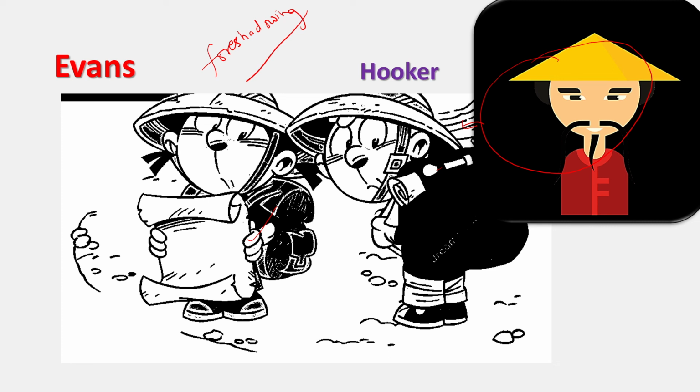So both Evans and Hooker could not carry the gold up to the canoe, and they died there from suffocation and the poison. So the story ends there when both characters, Evans and Hooker, die. The story overall teaches us that over-excitement, our lack of preparation, and our carelessness bring us a lot of trouble. Greed is not a good thing. Greed of course leads us to destruction.